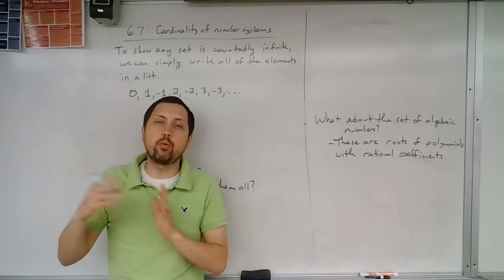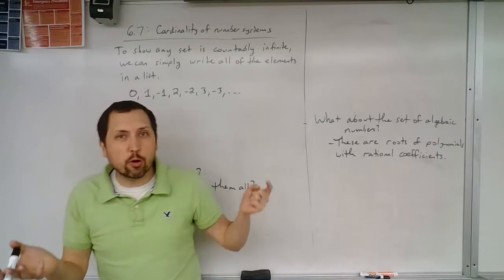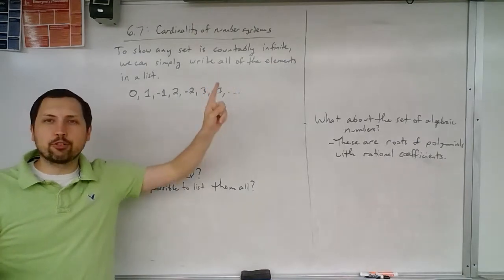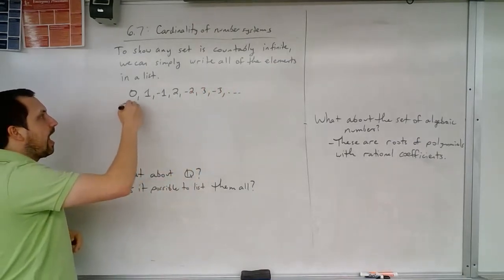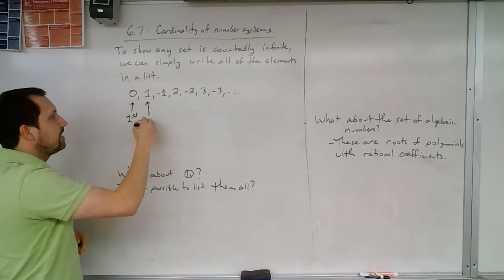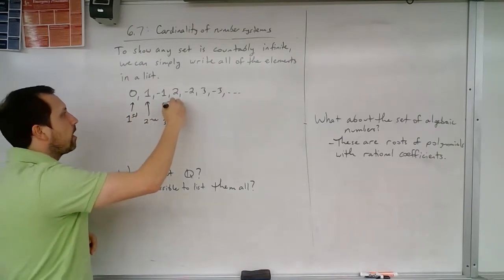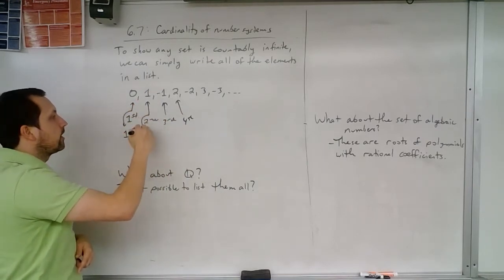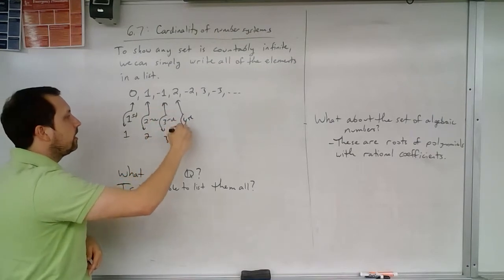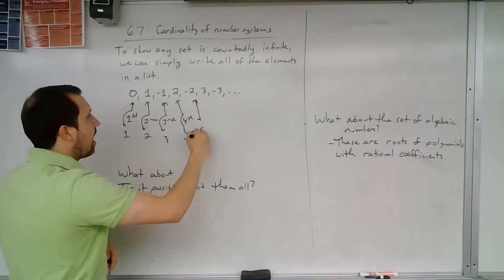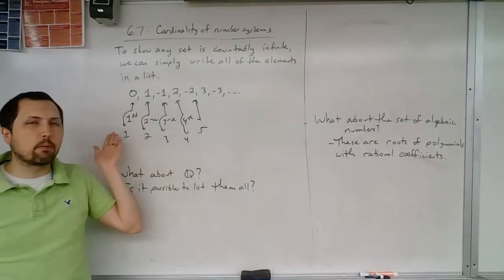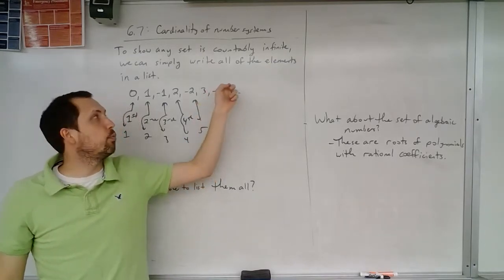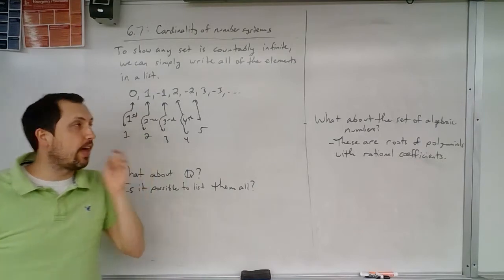This list technique is one of the easiest ways to try to show something is countably infinite. This bijection between these two sets is formed by a list. So why is there a bijection between a list and the natural numbers? Well, this is our first entry, this is my second, this is my third, and so on and so forth. So there's really a bijection between this and the number 1, this number 2 here, 3, call this one 4, call this one 5, and so forth. So this is the set of all the natural numbers, and you're now creating a bijection, this one-to-one perfect mapping, with the natural numbers as well as the set of all the integers. So that's why it's okay to do this.